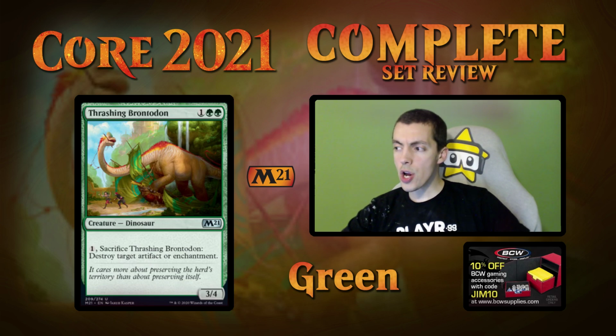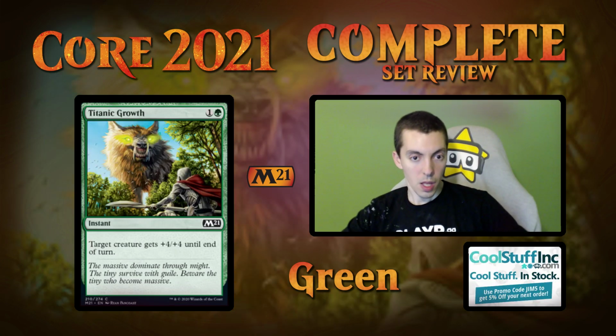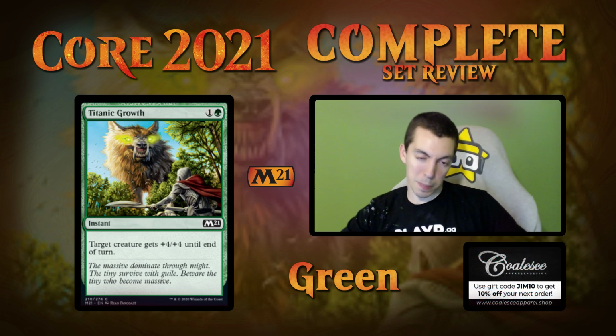Lebrontodon James. Cool reprint. It's a fine card. You know what it does. Titanic Growth. Not quite Giant Growth. I guess Giant Growth's on a different set. A lot worse than Giant Growth. 2 is a lot more than 1. Not much of an upgrade. I would not want to play this card in my draft deck if I didn't have to. It's okay. But